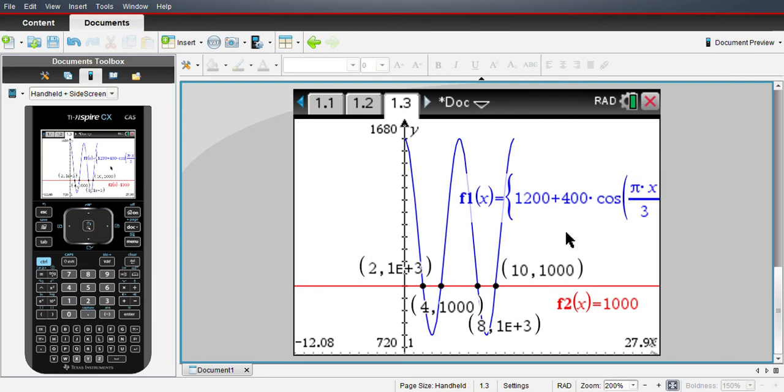So if you're looking for the time that this graph is under these points, it will be just these two here. Okay, 4 minus 2, which is 2, and then 10 minus 8, which is 2, and just plus them together. So it would be out of the 12, whatever period of time you're looking at, pretty much it spends 4 of those, say, hours, 4 hours of 12 under that graph, while the rest of the time it's above 1,000, depending on what your question's stating. So hopefully this helps with solving some of these, and